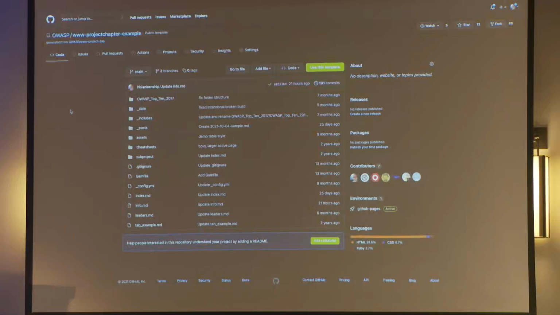You will not necessarily have the data or the includes folder or the posts folder, but those are there as examples as well to show you how to do these things because you can change a lot of how your page looks just by changing includes, for instance.